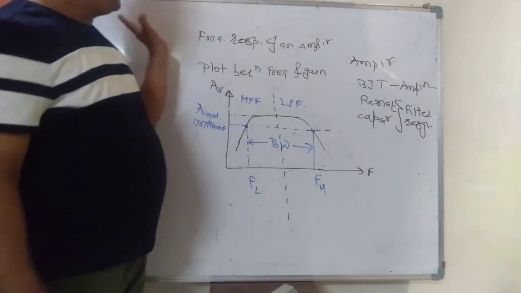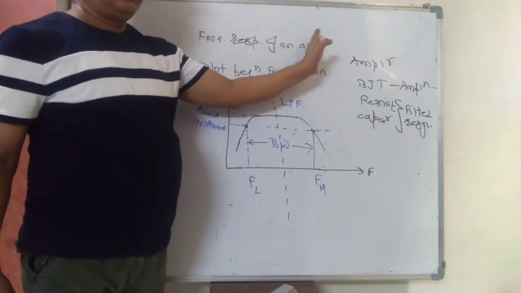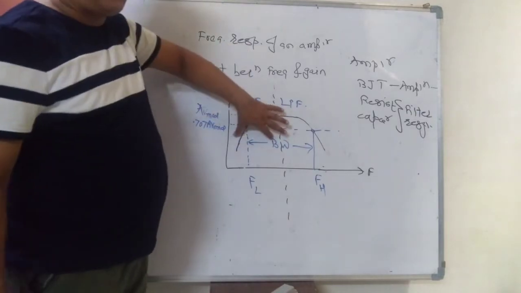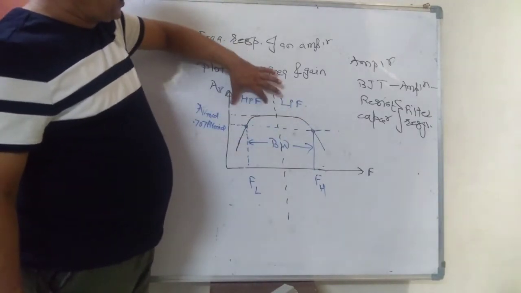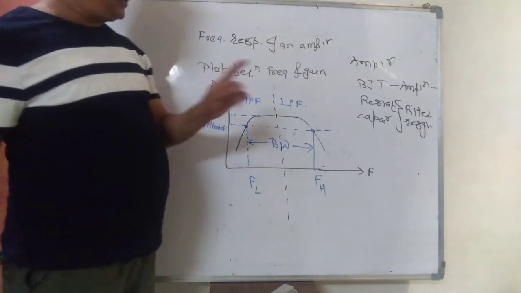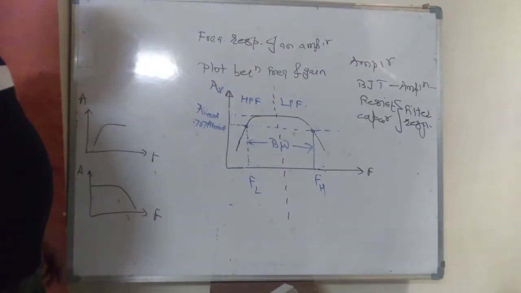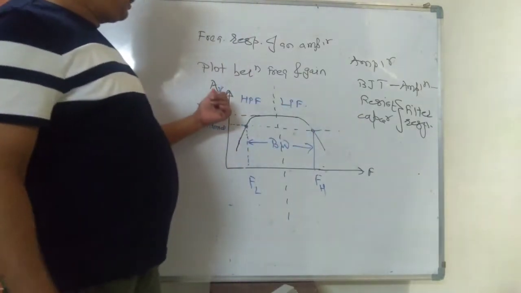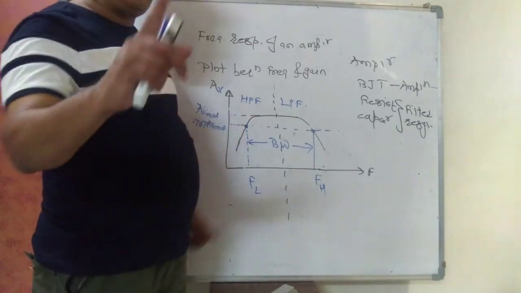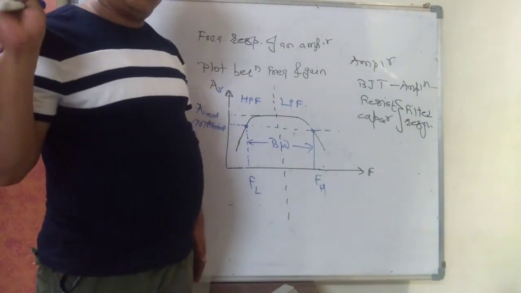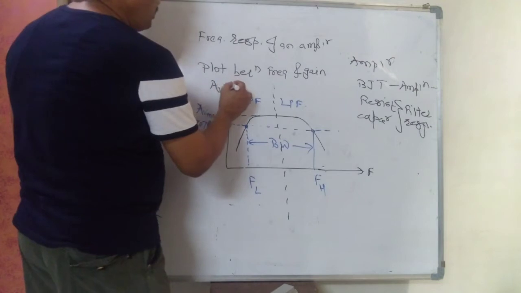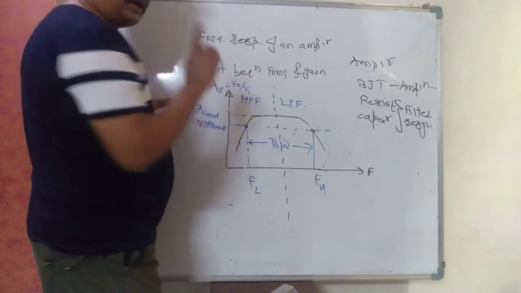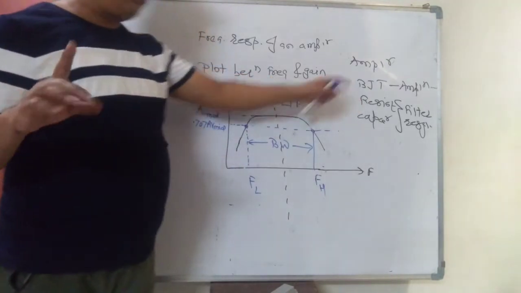So now we have to study how we get this response. We have to study the frequency response of the amplifier. Amplification gain will be provided by BJT, but how do we get the response? The nature of response: first half high pass filter, second half low pass filter. That we have to study using RC combination. And RC combination, as I have told you, will provide maximum gain. Maximum gain for RC combination will be what? Output equal to input. Gain AV is equal to VO upon VI. When output is equal to input, that will be 1. Maximum gain for RC combination will be 1.